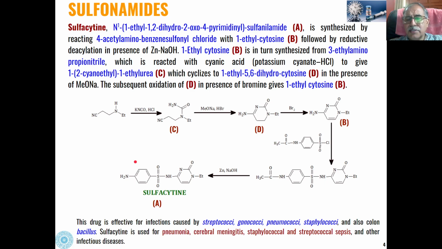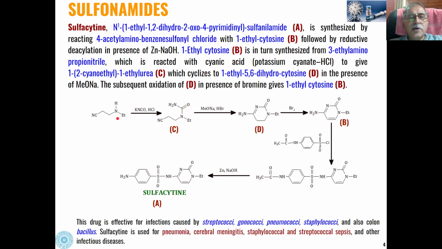When this is reacted with the 1-ethyl cytosine, we will get these types of sulfonamide derivatives, and on reduction in presence of zinc and sodium hydroxide, the acetyl bond will be hydrolyzed to give you the free amine. And this 1-ethyl cytosine can be synthesized